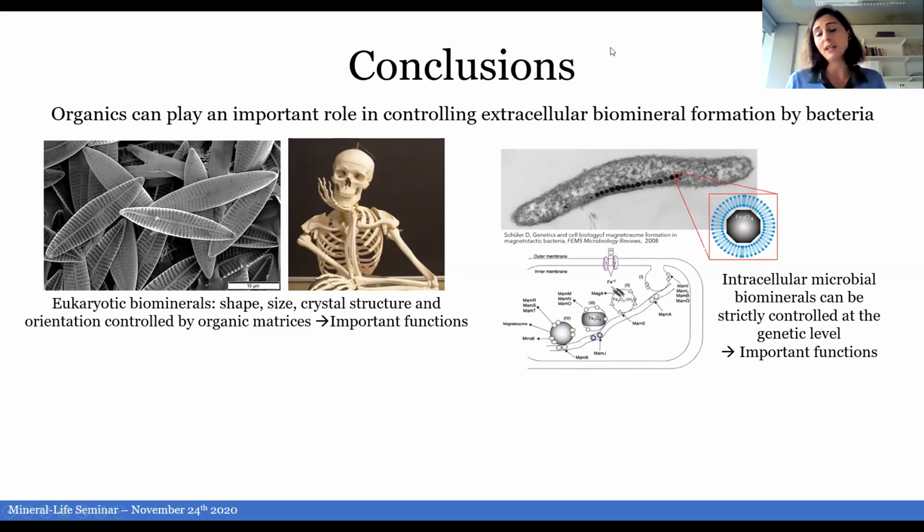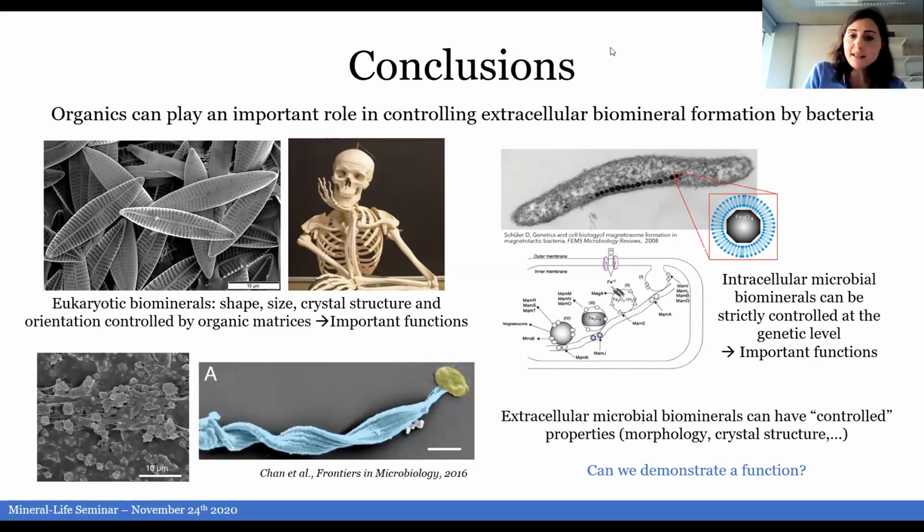And we also know, of course, about controlled biomineralization by bacteria. For example, we know that magnetotactic bacteria produce intracellular magnetite minerals in a very tightly controlled way that involves many genetic machineries, and there is an associated function for these biominerals, which in this case is sensing the magnetic field of the Earth. However, these tightly controlled biomineralization processes in bacteria are usually intracellular. So the idea here is that maybe extracellular microbial biominerals